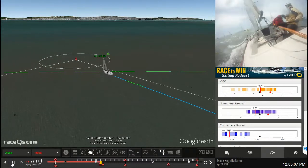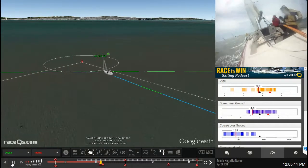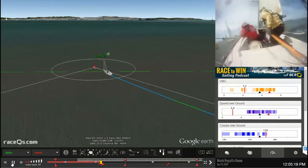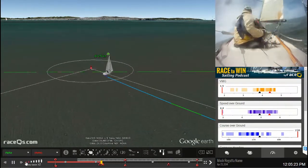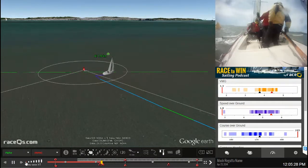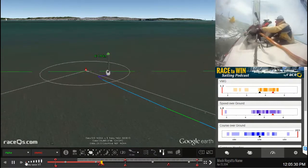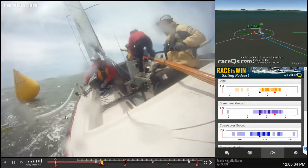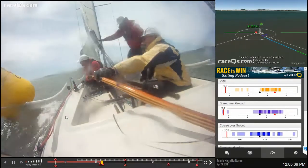So here we see him sailing along. It's pretty rough conditions, and I'm not sure if he meant to lay the mark on this tack. He probably did, but there is quite a bit of current and wind sweeping him down and away from the mark. So he says, okay, I'm not making this. I'm going to throw in another little tack here to make sure that I can lay the mark. And he thought he went far enough, but as we can see, as he's getting closer to the mark,